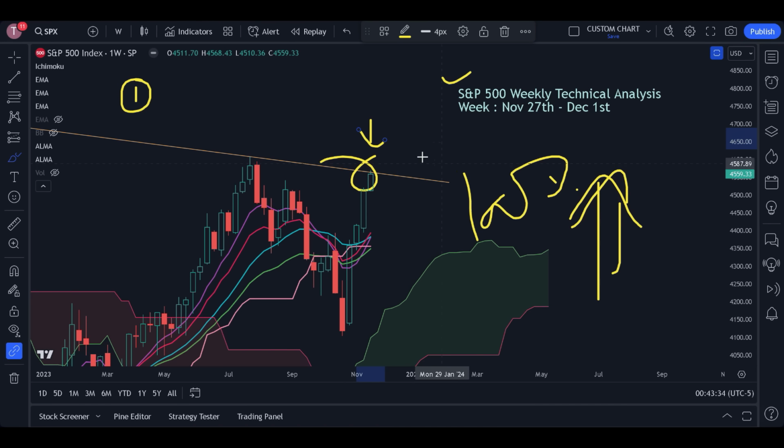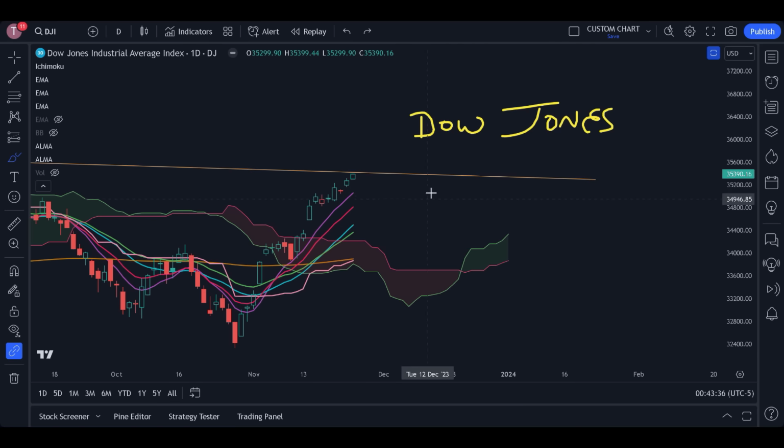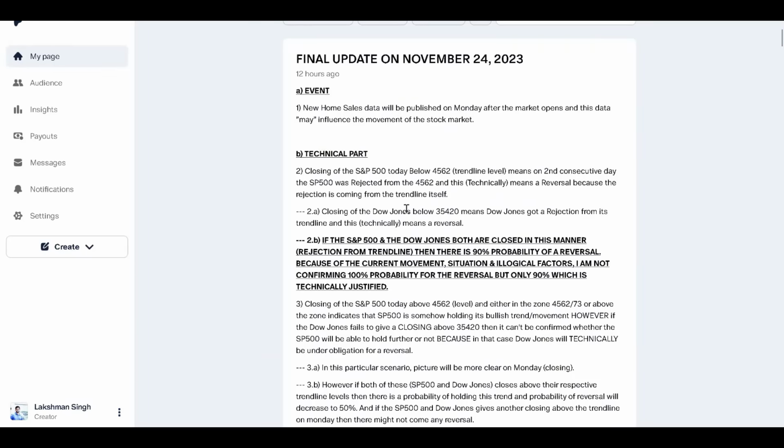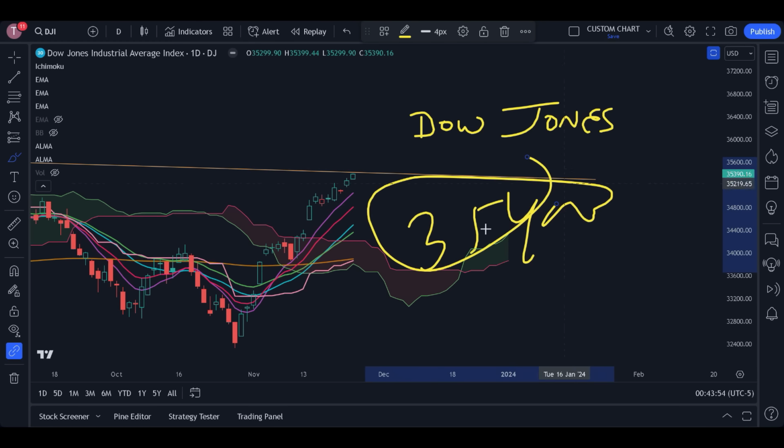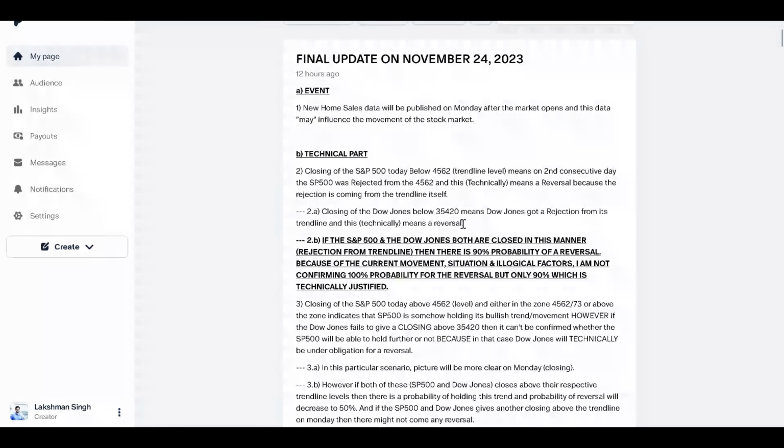Now there is one more important thing in the Dow Jones. The approximate level for the trend line was 34,420, plus minus a few points, that's fine. And if you notice, Dow Jones hit the high that was 34,400, because Dow Jones gives movement by 200-300 points, so 10-20 points is not a big deal. So this was the approximate number. However, the real number was somewhere around 35,416 or 415. That was the trend line level.